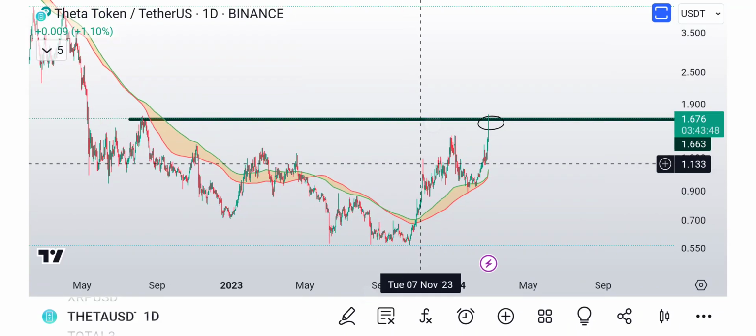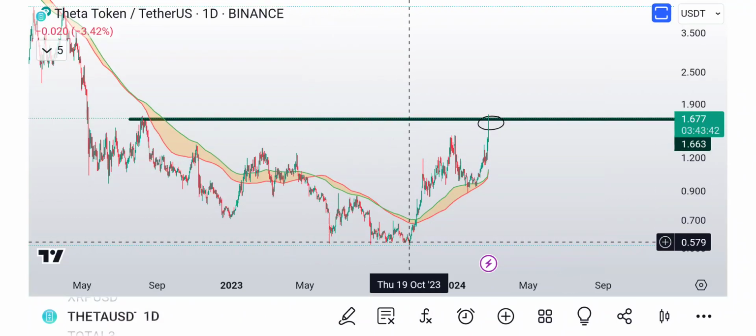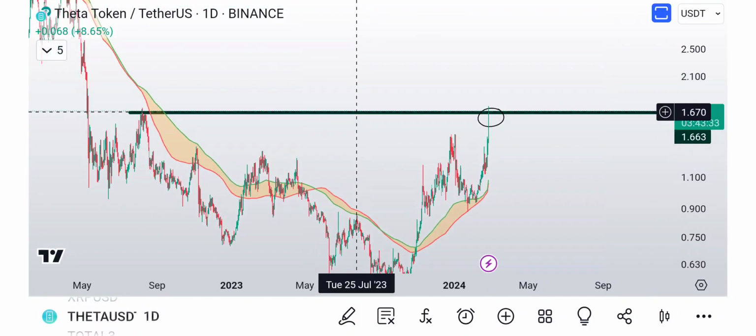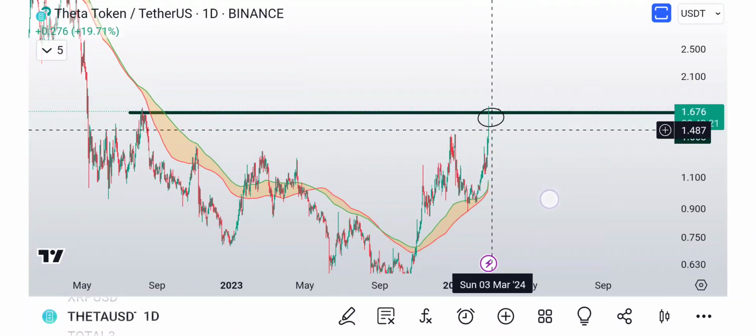For example, Wyckoff accumulation. They wait until price breaks resistance to then buy. But they also wait, it goes both ways. They wait until price breaks support to sell. Why? Because they know there's an ocean of liquidity just beyond the water. And here's the water line right here. So if the price can break out,